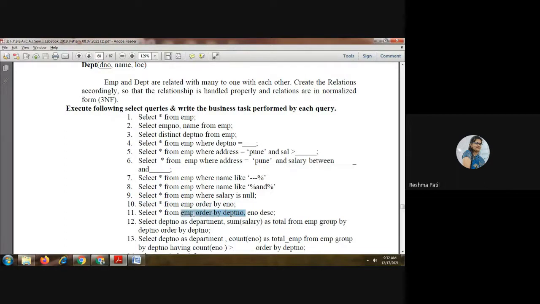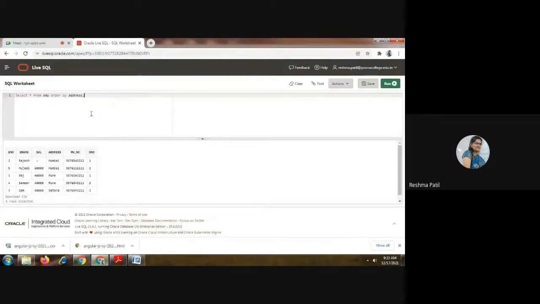Here we are going to show the records ordered by department number, comma, employee number in descending order. If 1, 2, 3, 4, 5 is there, the normal sequence will be 1, 2, 3, 4, 5. But here we are going to show 5 to 1. We have to show this employee number in descending order, so for that you can use DESC. Normally, records are in ascending order. If you want to show them in descending order, you can use DESC. Check your attribute, the number is there.